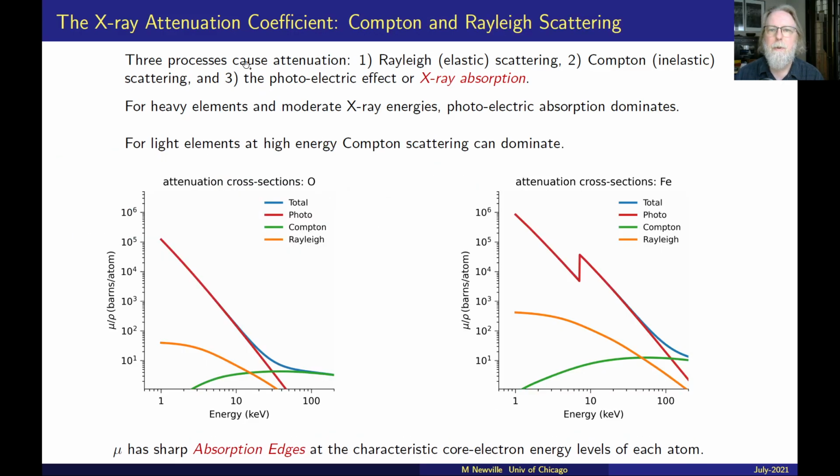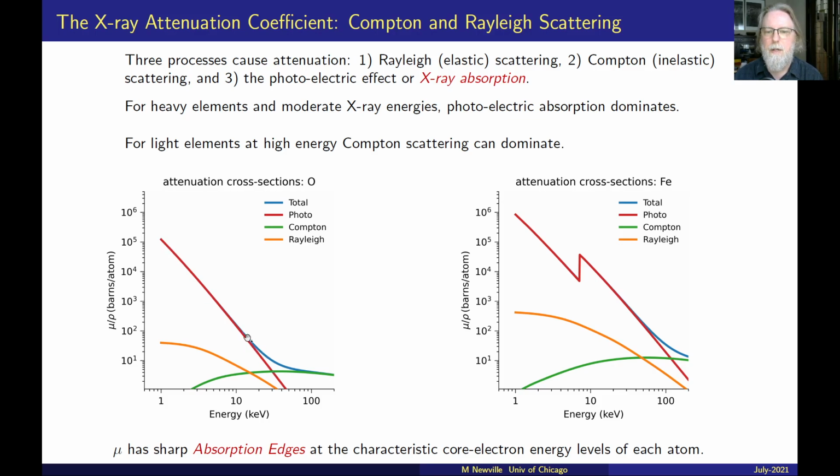As I mentioned, there are actually three processes that cause attenuation: the Rayleigh scattering, Compton scattering, and photoelectric effect, that all are the way that X-rays interact with materials, with any electron property. For heavy elements, again, the photoelectric effect dominates, but for light elements, especially at high energy, the Compton scattering can dominate. And so while you may have seen in the previous diagram that there was this tailing off for oxygen, that it wasn't strictly linear, although it's pretty linear on a log scale, it's pretty linear in its decay up